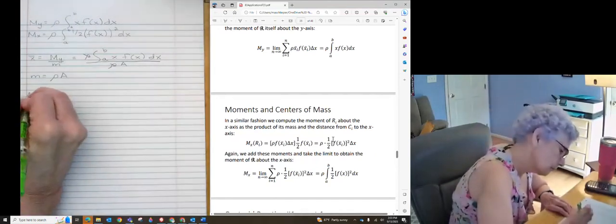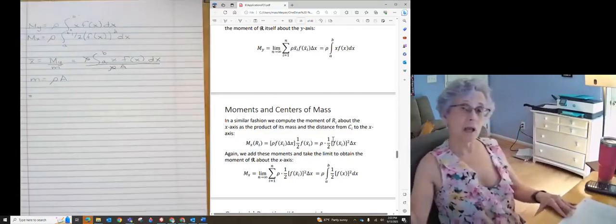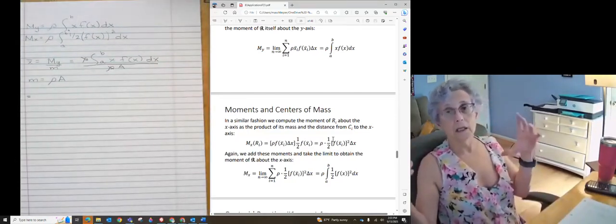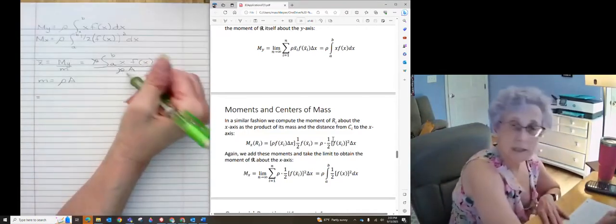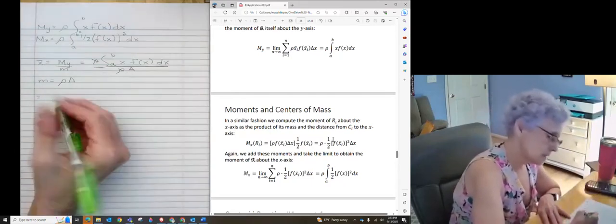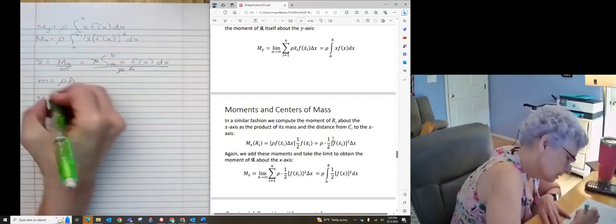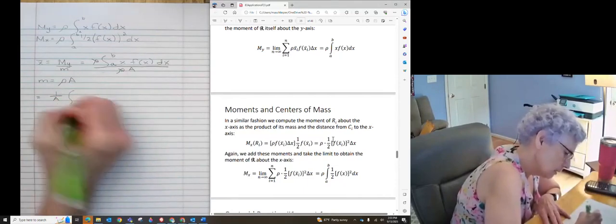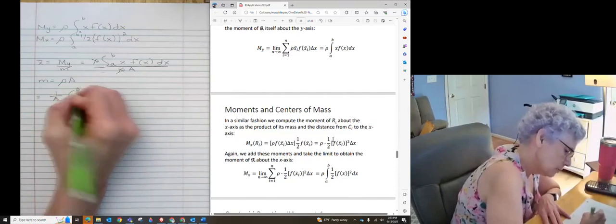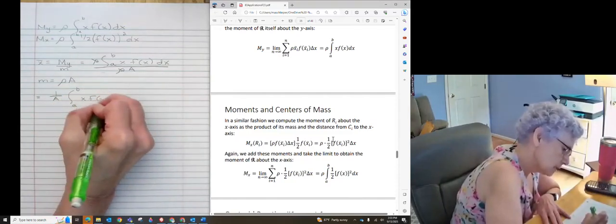That cancels. So as long as the density is consistent, then it doesn't matter as far as where the center is, which makes sense. So we have 1 over the area, integral from a to b of x